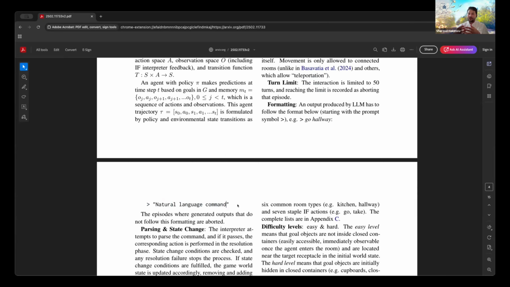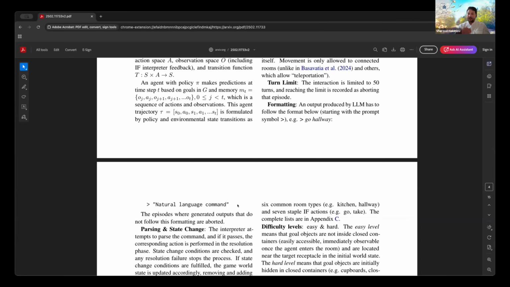And when you do this action, the game state, the world state changes. If you go from the living room to the hallway, the agent's position basically changes, right? When you say pick up the plant, the state of the object changes, meaning the plant is now located within the agent. And if the agent generates some sort of a natural language command that is not viable in the environment, it says, I don't know what you mean. So that's basically what it is.